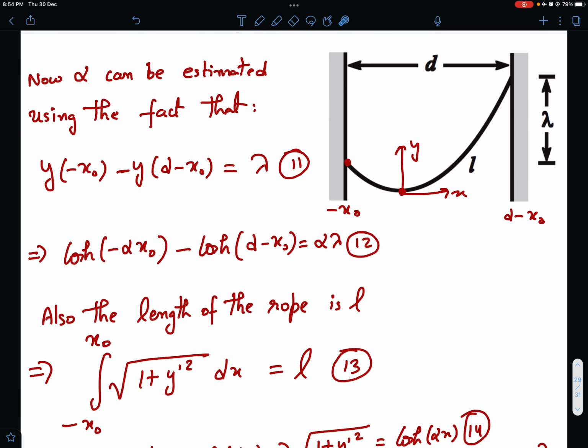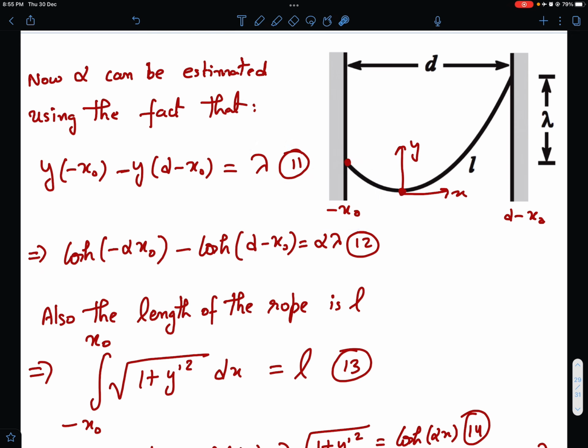Now how can we estimate the alpha? That was our part B. So we can estimate alpha using the fact that, see, bottommost point, I mean this hanging point and this hanging point, the vertical separation is lambda, and let us say this coordinate is minus x naught from origin to this wall. Left wall is, let's say, left wall coordinate is minus x naught. Since this whole distance is d, so right wall coordinate is d minus x naught, okay? So I can say that value of y at d minus x naught minus value of y at minus x naught,